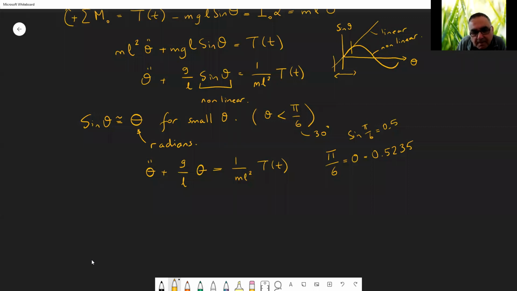Okay. So we are talking about this difference between the actual value and the radian value of it. So this is not about